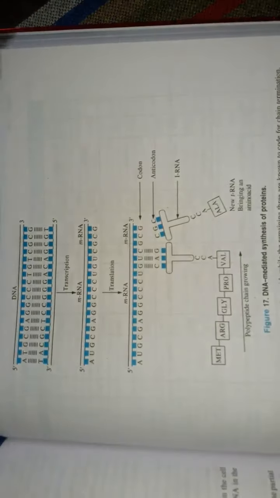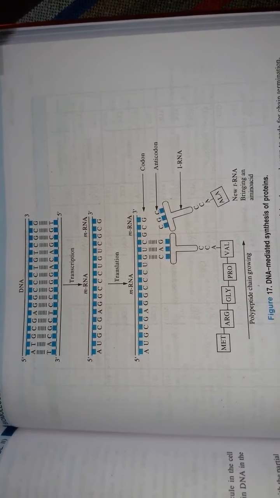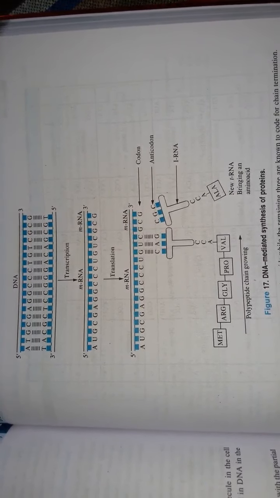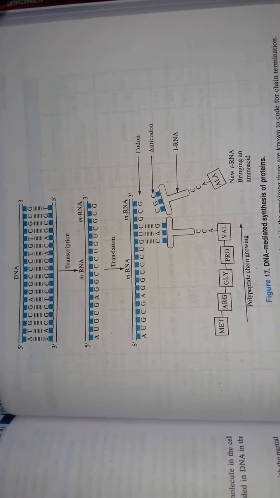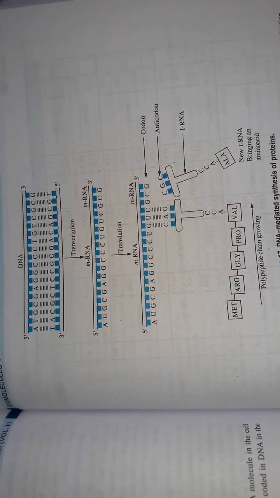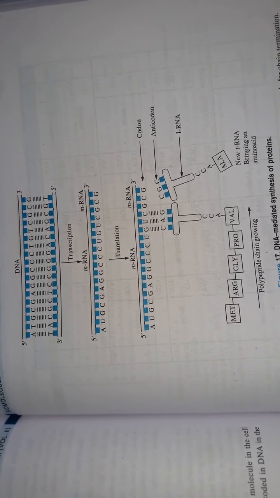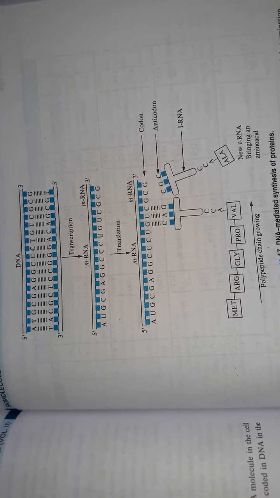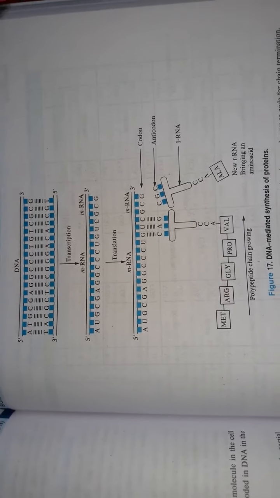Okay. Here you can see the synthesis of protein. First is your DNA that is converted into messenger RNA by transcription. After transcription is the translation. In the move from transcription to translation, you can see the sequence of adenine. Next, thymine is converted into uracil. So here the thymine is replaced by the uracil in the transcription process.